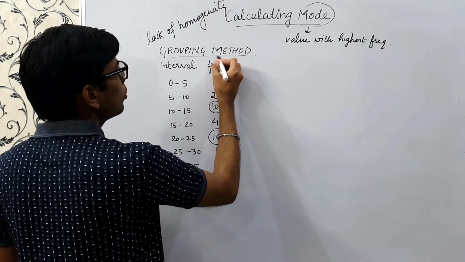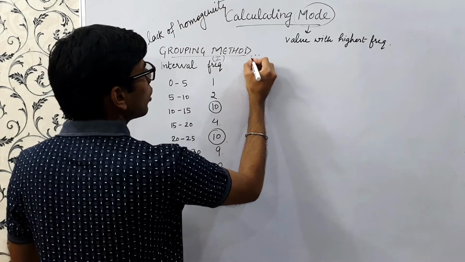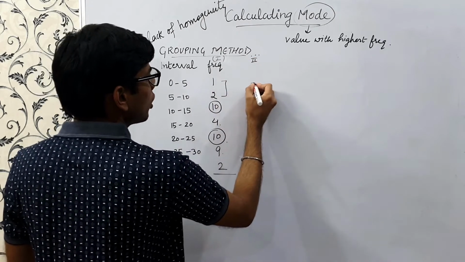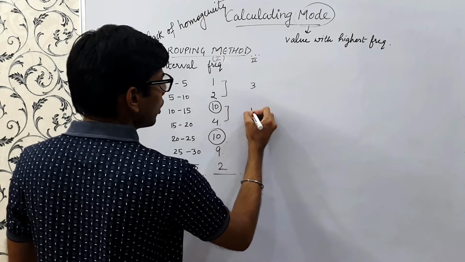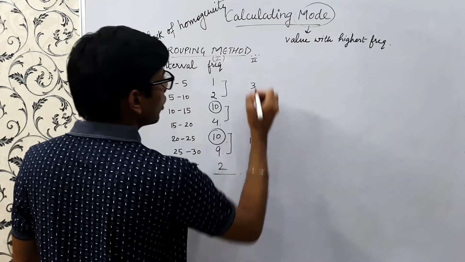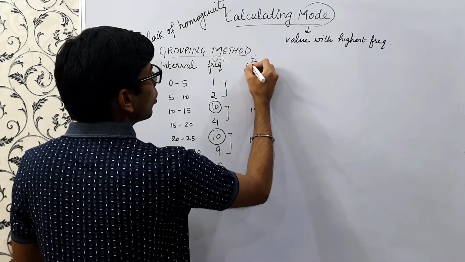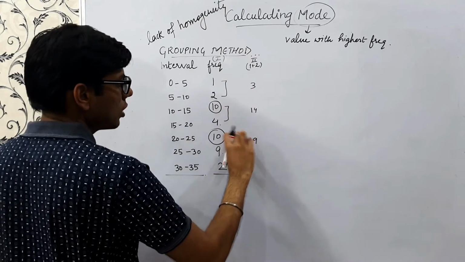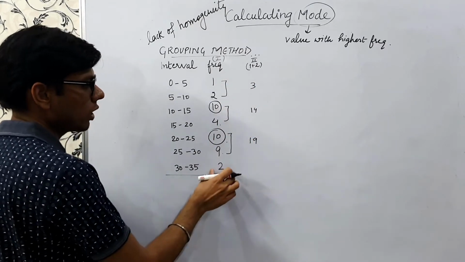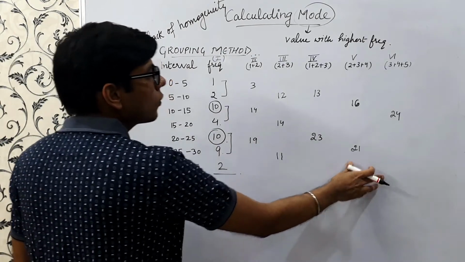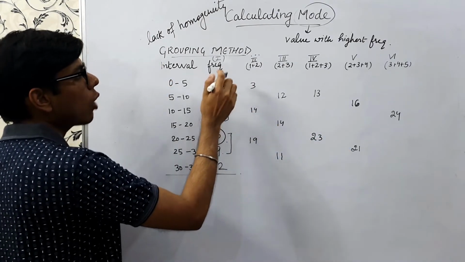We calculate some columns. This is the first column. The second column we calculate by adding 2 observations at a time. So this is 3, this is 14, this is 19. This is nothing but 1 plus 2. We take just 2 observations at a time, and if any observation is remaining, just leave it. So in the grouping table, we calculate columns as follows. Let us see how the columns are formed.